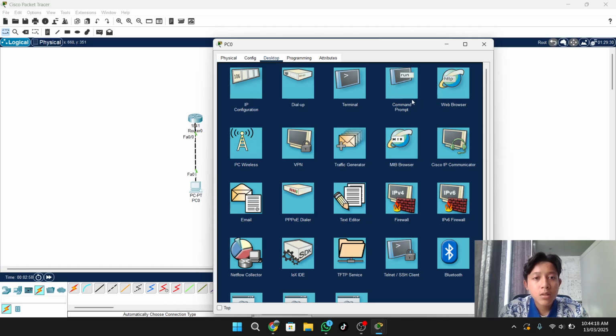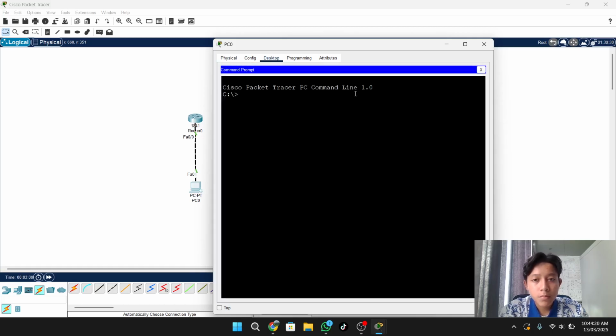And after that go to command prompt and type telnet, and enter your router IP or your gateway.